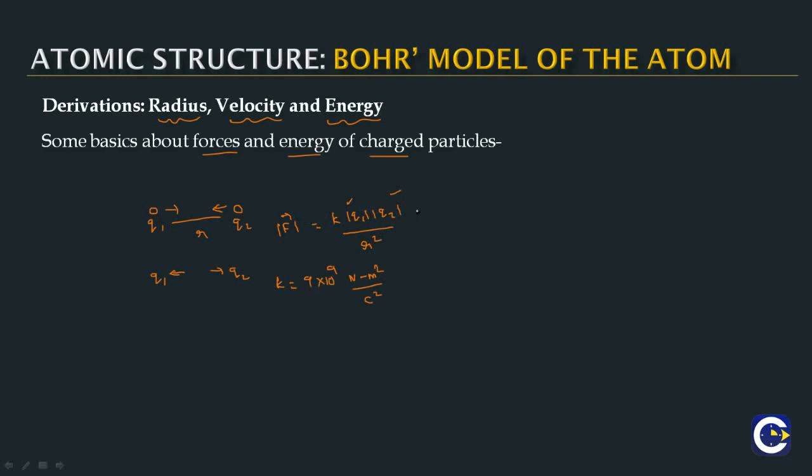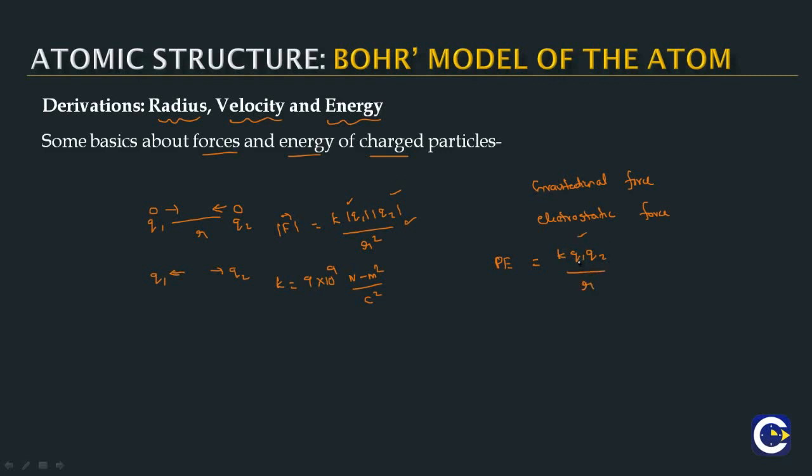So this is what we call as the Coulomb's law of electrostatic force, and whenever there are 2 point charges separated by a distance r, this formula will give us the force between the two charged particles. And just like the gravitational force, electrostatic force is also what we call a conservative force. And for all conservative forces, we'll be defining potential energy. So if we have two charged particles q1 and q2 separated by distance r, then the potential energy of the two charge system will be equal to k q1 q2 by r.